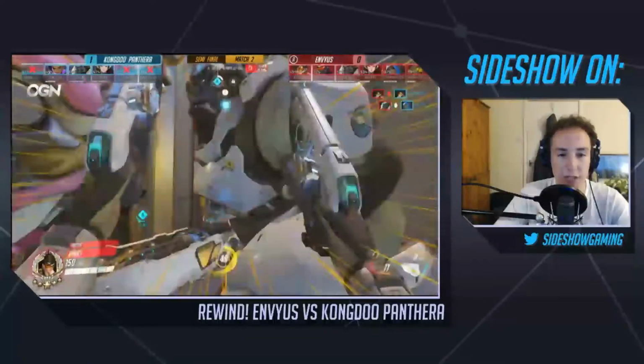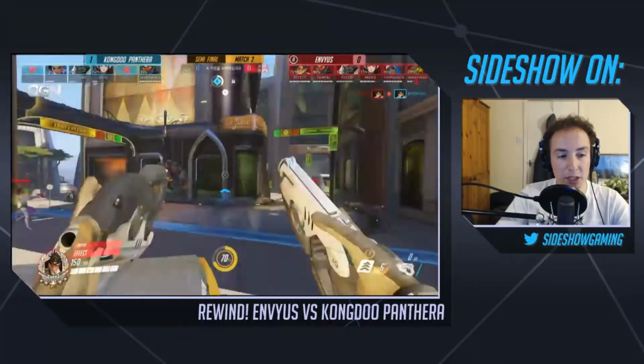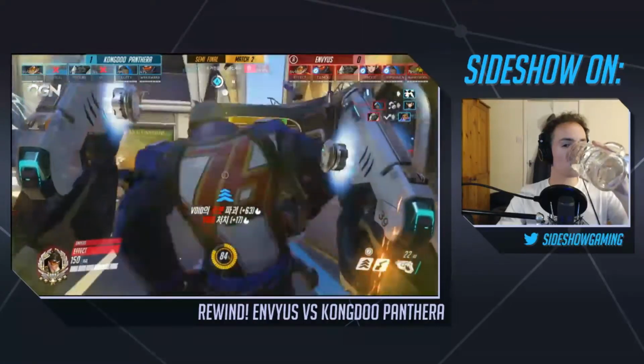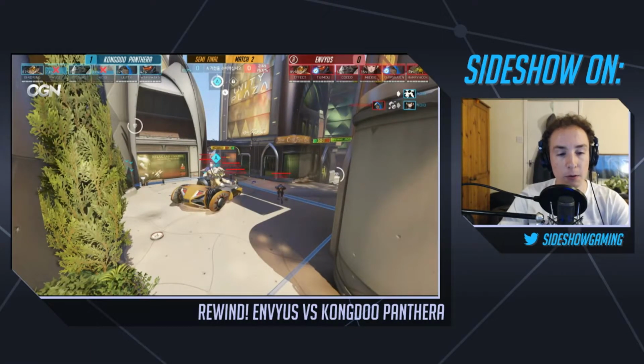I mean, this is just really well executed and shows you the advantage that you get from getting positioning early on in this fight by going on a rap play in Numbani. Now, if we contrast that to how Kongdoo Panthera approached Numbani's first point,